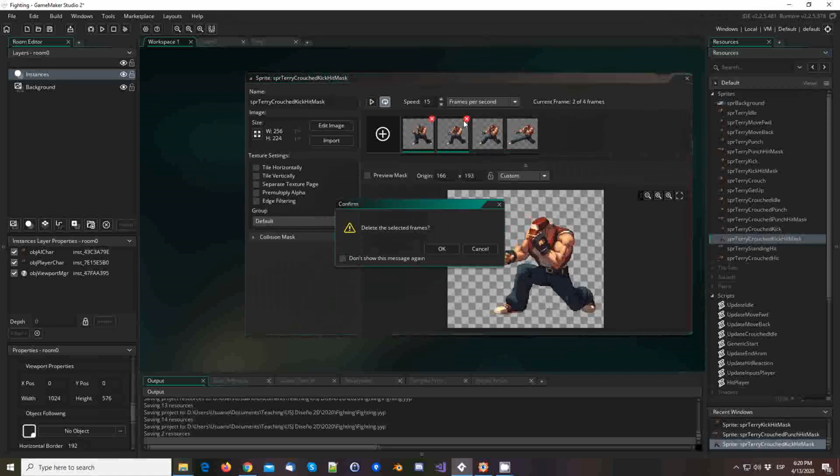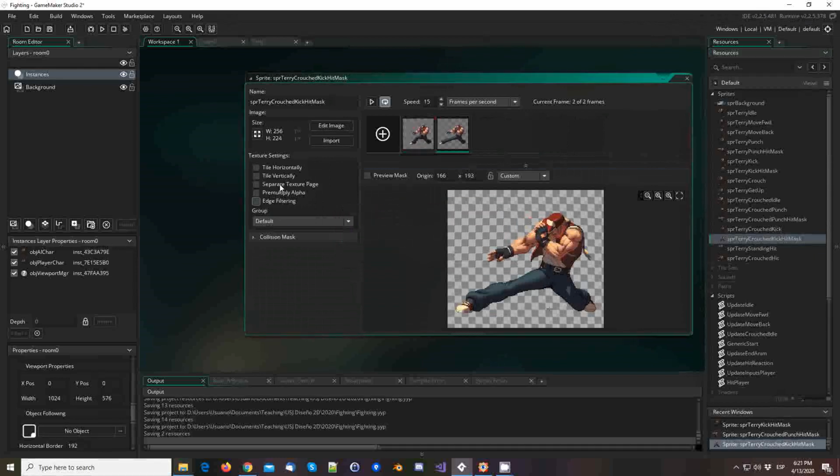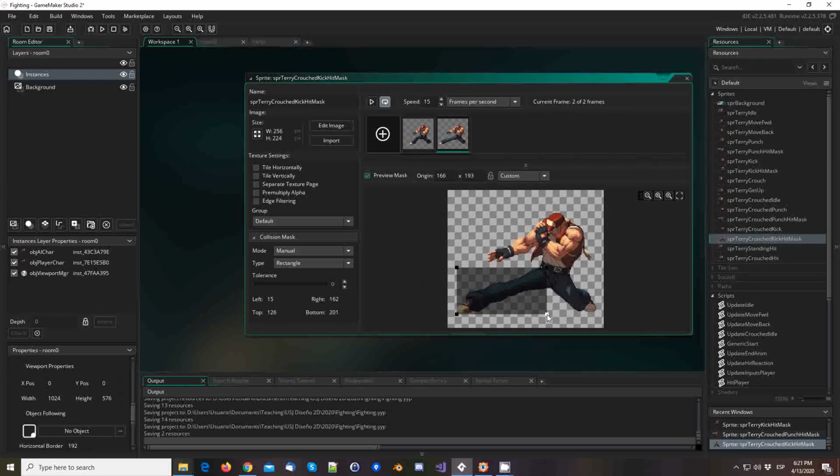And one of the things that we do is it's not visible because we don't want to see this, and we're gonna be doing animation end, instance destroy. We want to destroy ourselves when the animation finishes, and